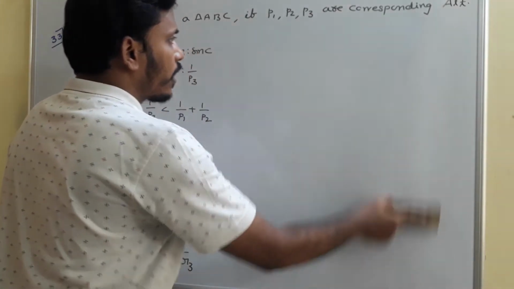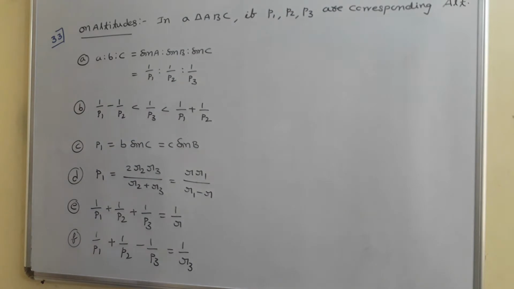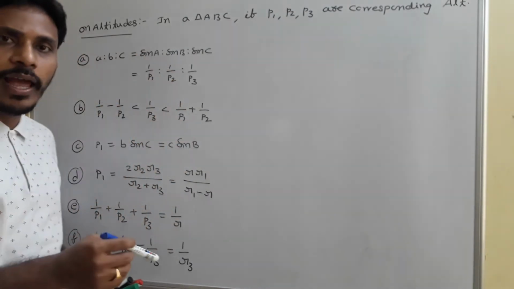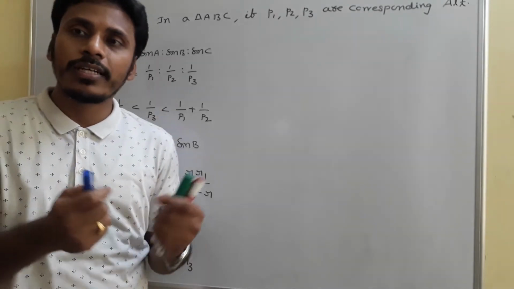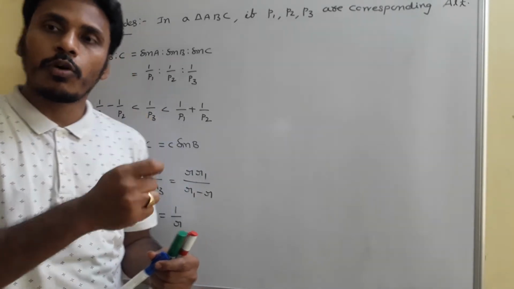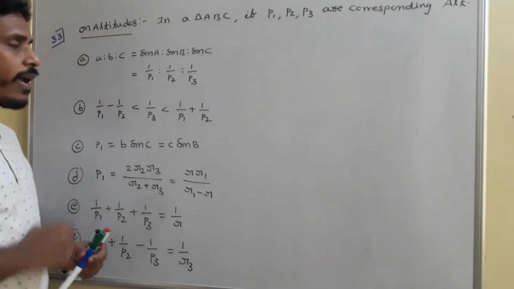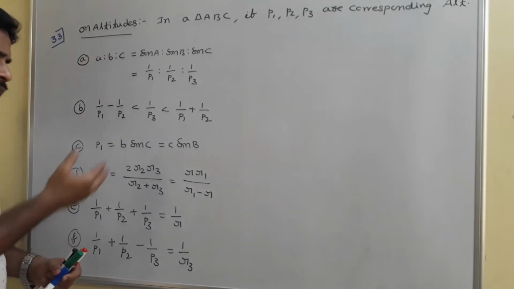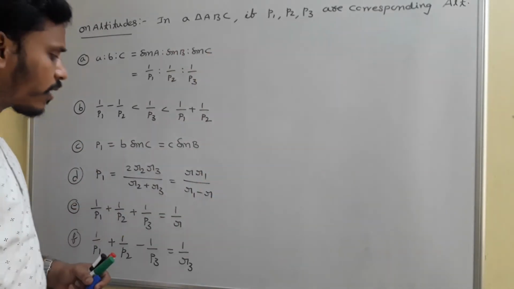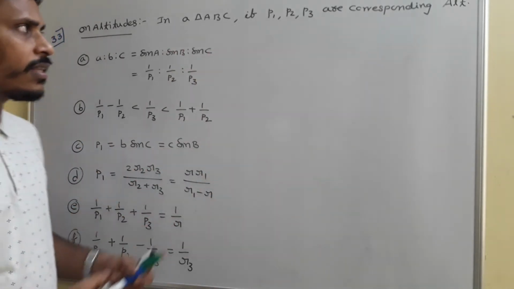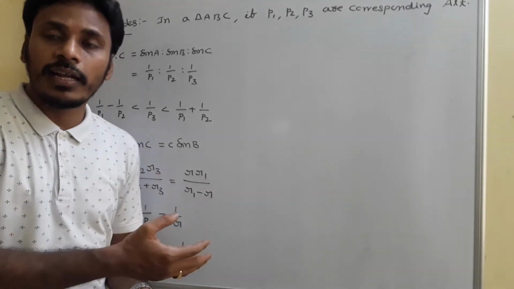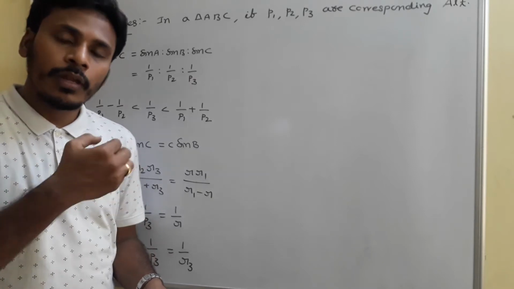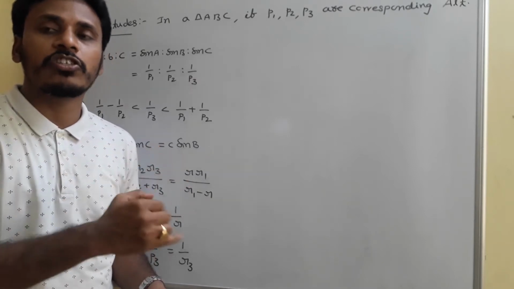This problem is basically about a triangle ABC with its corresponding altitudes. Since the problem is about triangle ABC, we need to utilize all its notations. Small a, small b, small c are the sides of the triangle. Capital A, capital B, capital C are the angles of the triangle. Small r is the inradius, capital R is the circumradius, R1, R2, R3 are the exradii, and if there is delta anywhere, the delta represents the area of the triangle.